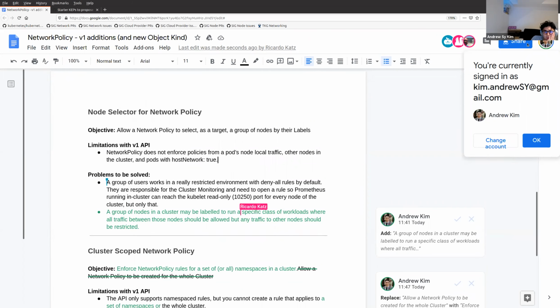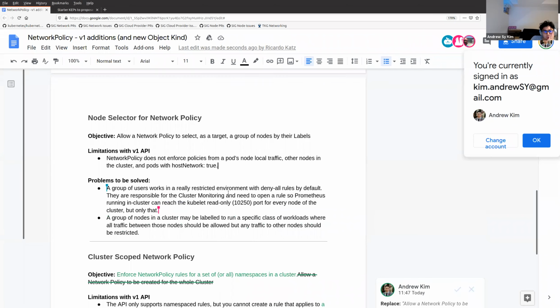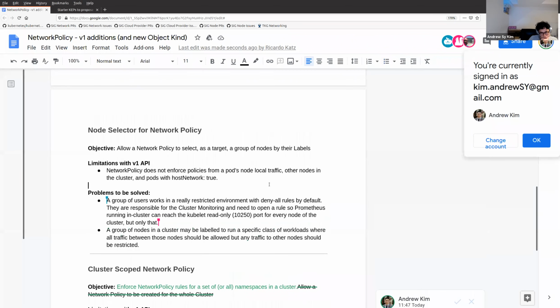Yeah, so it sounds like that's a wrinkle that would be tricky to express, right? Yeah, maybe that's going into the cap. Sorry, go ahead. I was saying this is the user story that I kind of struggle with a little, in that I feel like maybe this is something like a subsection of the next user story, which is the cluster scope network policy,